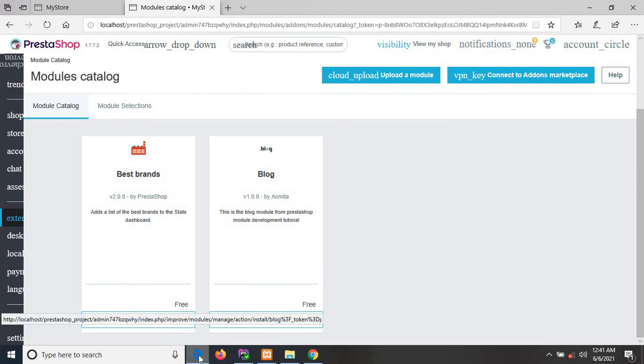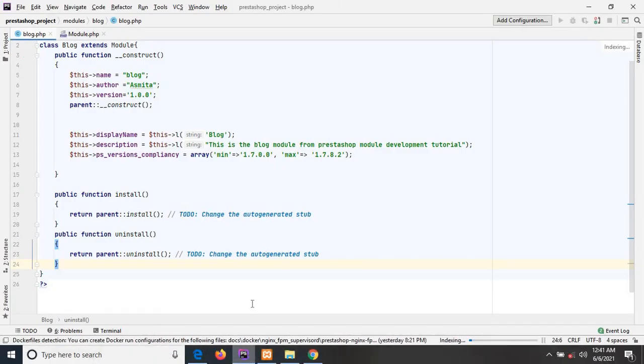Also you can add different functionalities in that module. Under the installation process, you can add the different functionalities. So after the installation, those functionalities will get applied. The code is simple to understand. So you will try this code and just try to create one module.